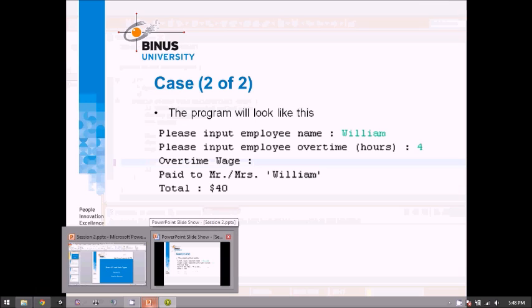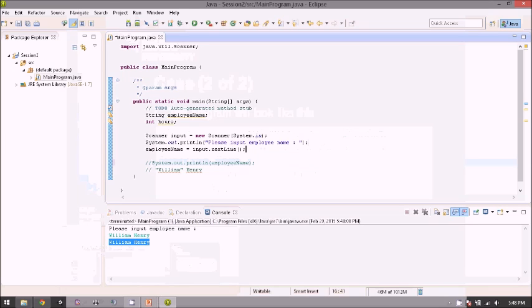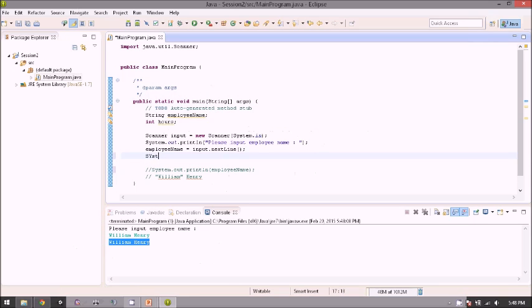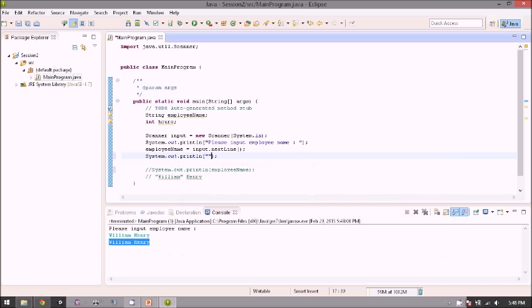Okay, the next input is the overtime hours, so it's the same. Just use System.out.println and type "Please input employee overtime in hours." So the next thing we need to do is to store the hour, which is a number, inside this variable.